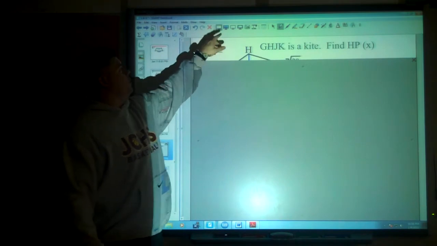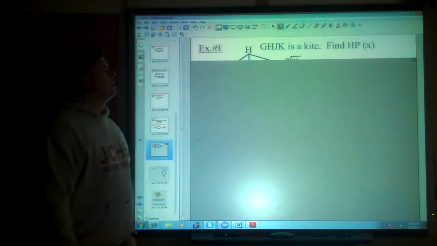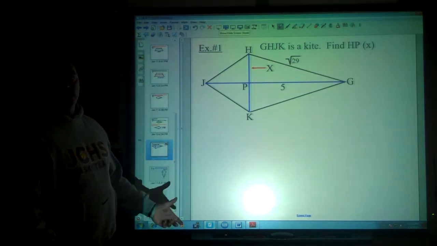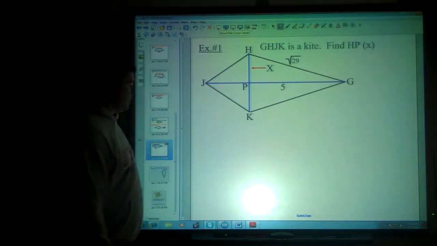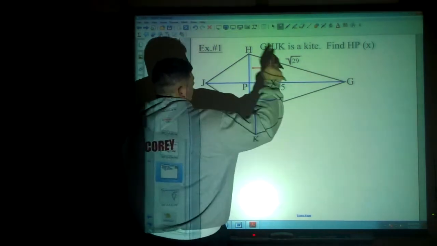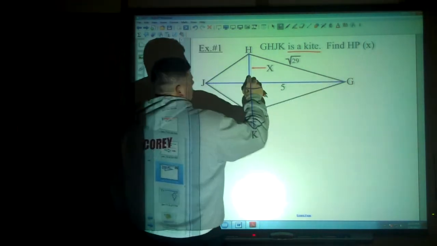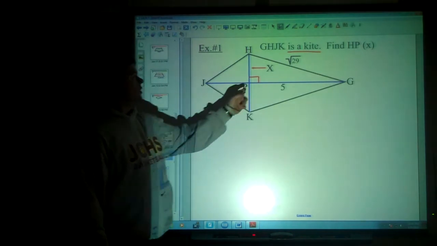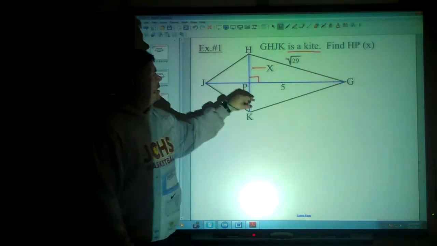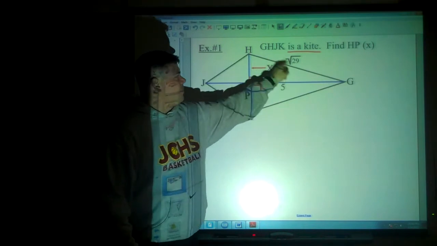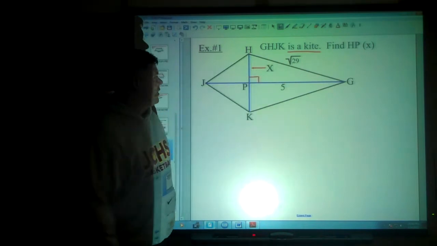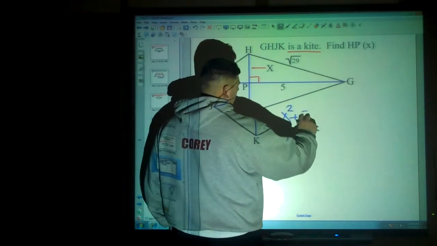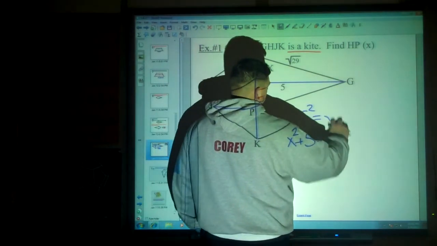So if we look at our first example, we know that GHJK is a kite, and we want to find the length of HP, which is called x in this problem. Now we know, because it's a kite, that the diagonals must cross at 90 degrees. So we are dealing with a right triangle, and you have two legs of the right triangle and a hypotenuse. Sounds like the Pythagorean theorem. x squared plus 5 squared is going to equal the square root of 29